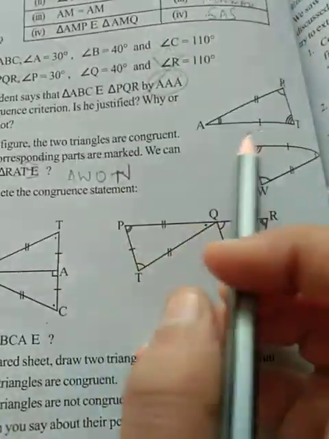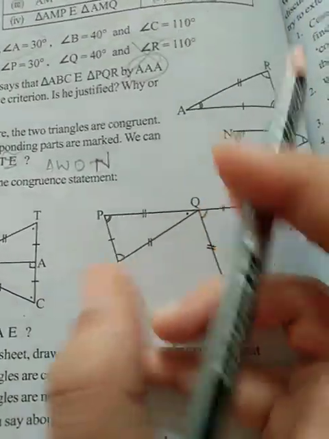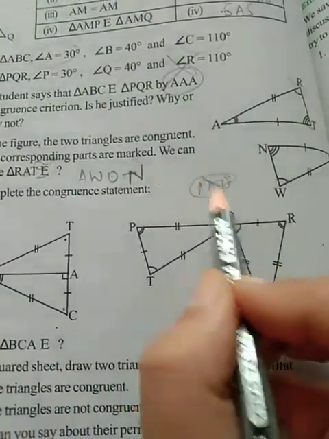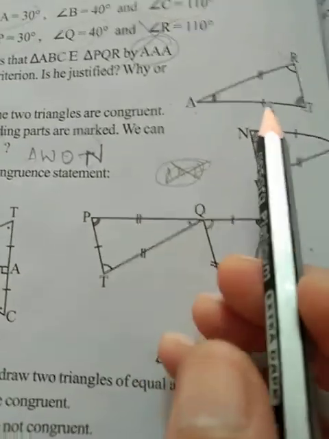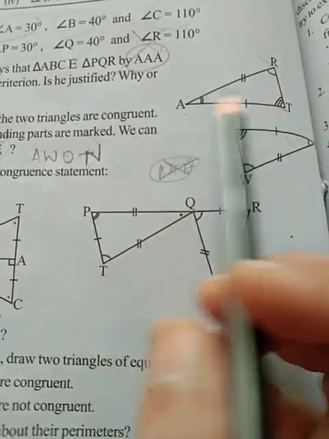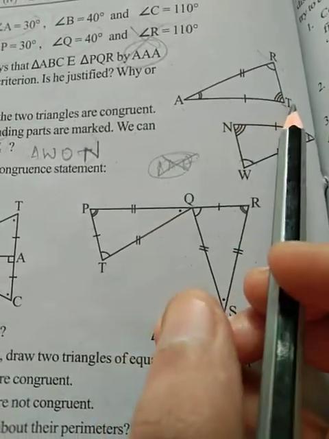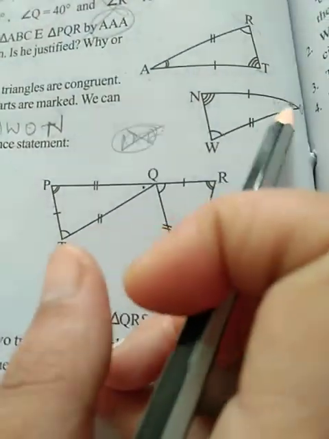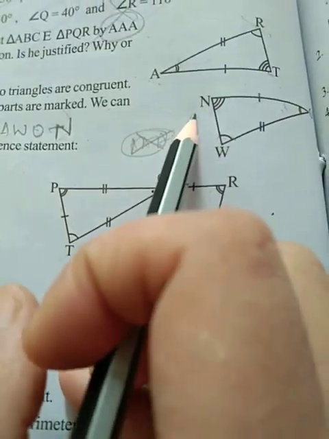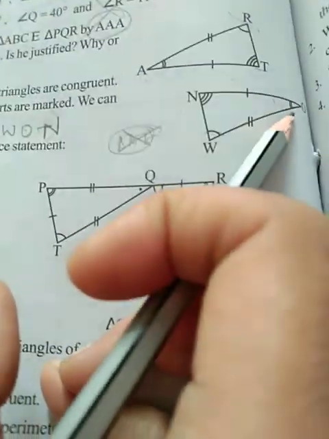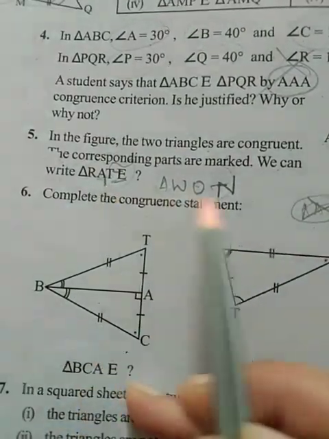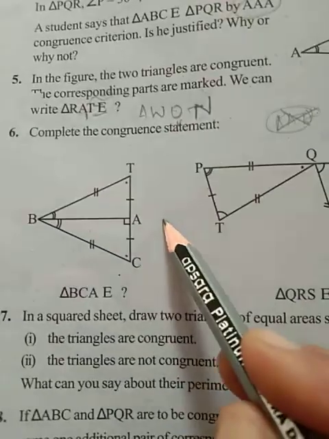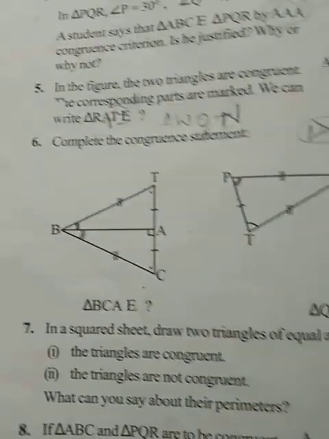So by which criteria? By angle-side-angle you can say, because side alone is not applicable, and for angle there is no such kind of criteria. That's why these sides are equal. ASA you can apply, angle-side-angle. If you are taking this angle, then you have to take this angle, side, angle. That's why A will come with the O point. So this triangle is congruent to this one. In the same way you can do the other questions.